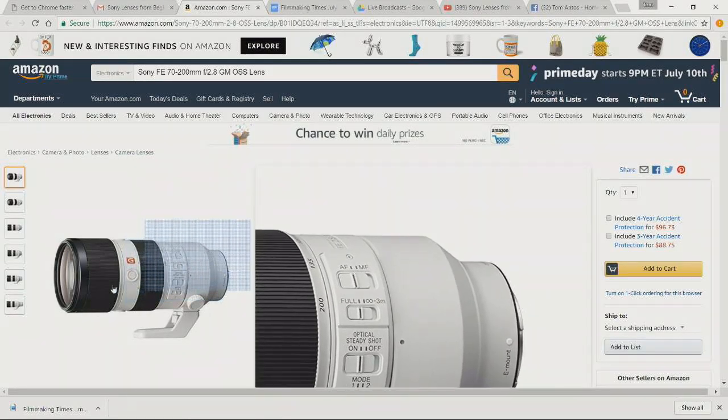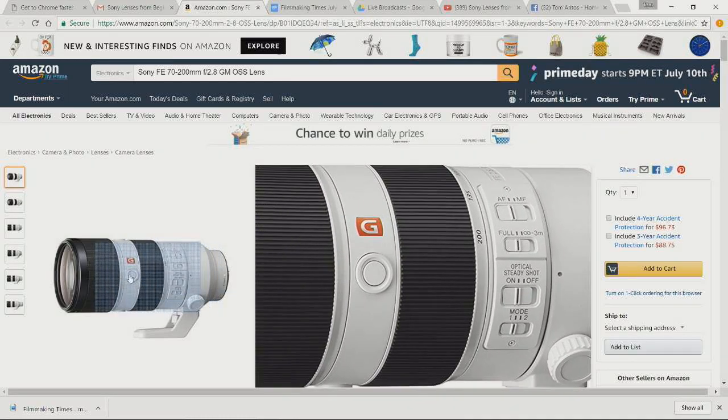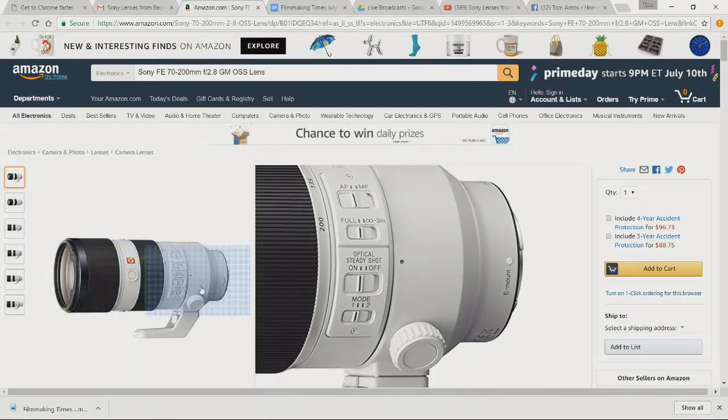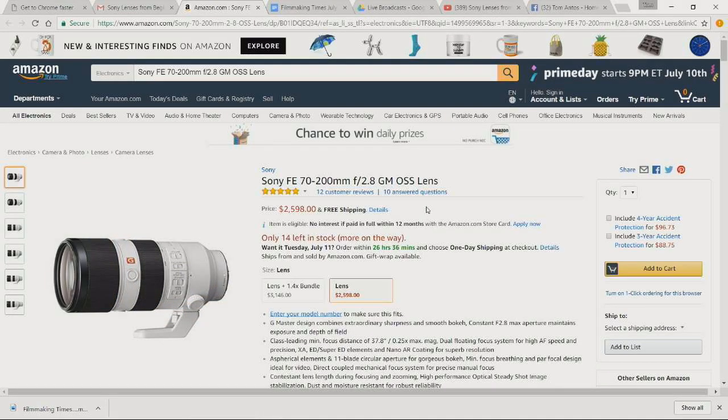It's the Sony FE, so full frame. So this is gonna work also on the A7S2 and all those full frame cameras. It's 70 to 200mm f2.8. It's from their G lineup of lenses, and it looks very similar actually to the one that Canon has. You know, it's white with those black rings. I haven't used this lens myself, but I've seen people shoot stuff with it, and they were getting great results. So an overall great looking lens. It's just with a really big, steep price tag, $2,600. So like I said, even more expensive than the